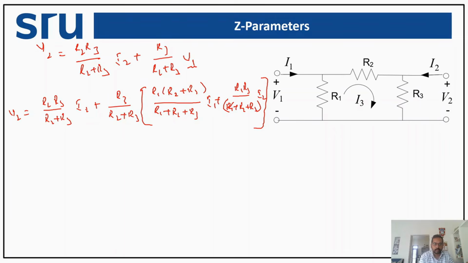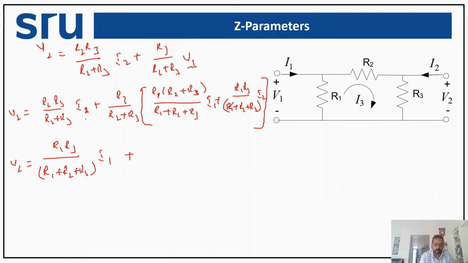Now we shall take this I2 common, okay, and we shall take this I1 outside. So let us see what we are going to get. We can observe here this R2 plus R3 gets cancelled, and we are going to have this R1 R3 divided by R1 plus R2 plus R3 into I1. So my V2 is equal to R1 R3 divided by R1 plus R2 plus R3 into I1 plus,